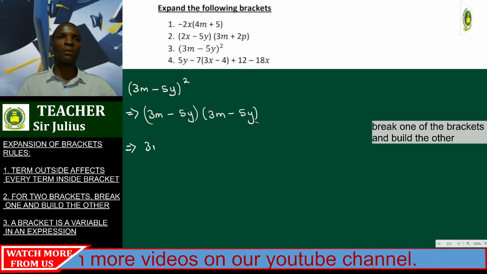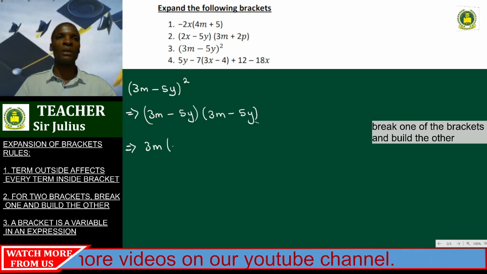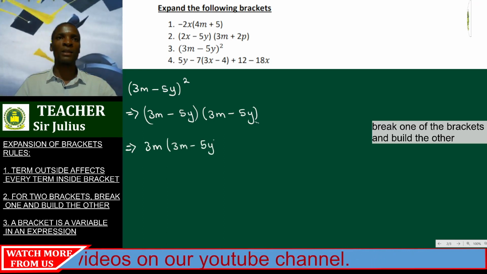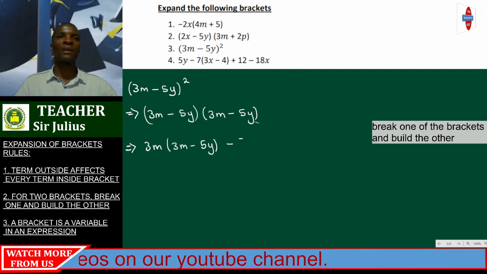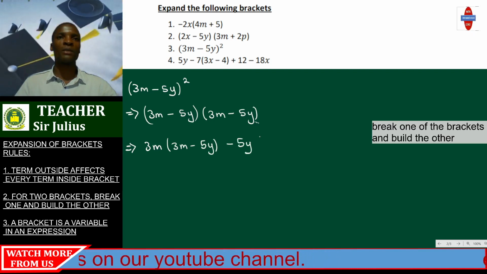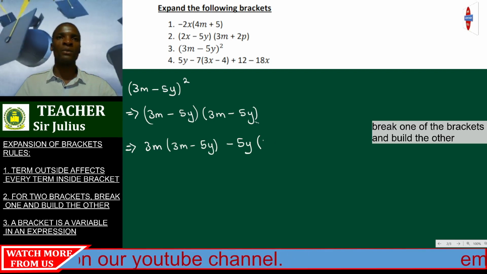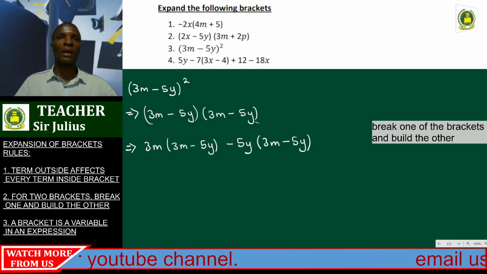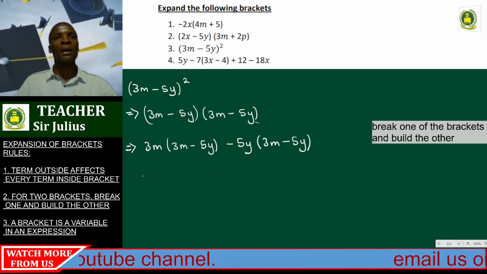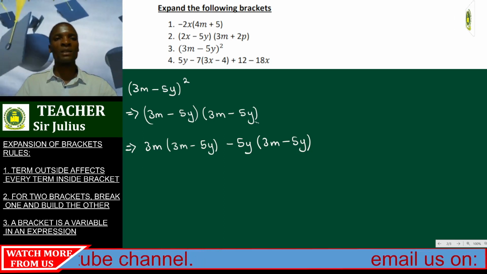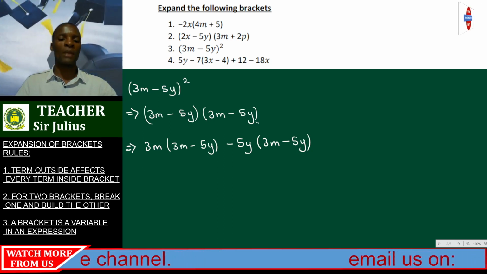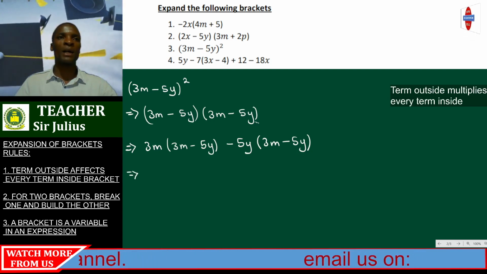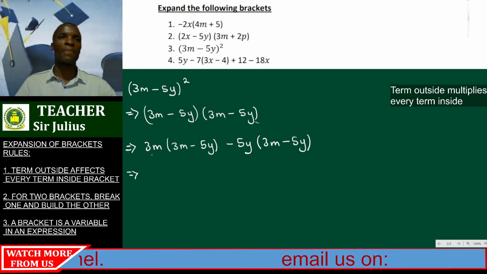3m, the first component of the first bracket, building into 3m minus 5y, which is the second bracket, and then minus 5y, the second component of the first bracket, building into 3m minus 5y. Okay, that's it all. When we are done with this, this means rule 2 is done. We are going to apply rule number 1, which says the term outside the bracket affects every term inside the bracket. That will have